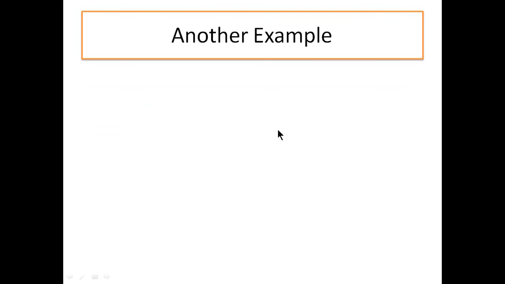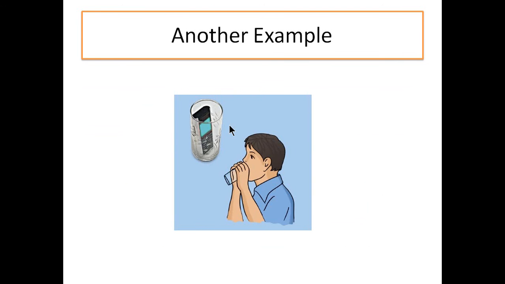There is another activity you can do. Take a tumbler and place a cell phone inside, but there should be no water, be careful, and ask your friend to give a call, and it will start ringing. You can hear the sound, and this is again passing through air. Clear, students? But if we cover the mouth of the glass with these two hands and ask your friend to give a call, the sound will be feeble, right? What is the reason? Because sound has been sucked into the mouth of the boy, right? So we can say that sound needs a medium to propagate, and here the medium was air.